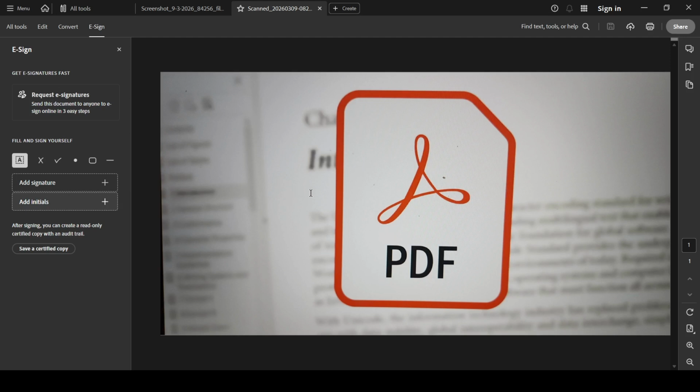When your initials look right, click Save. This stores your initials in Acrobat's Fill and Sign tool so you can reuse them without recreating them every time. Saving here doesn't finalize the PDF yet, it simply saves your initials style. From this point, your initials will be available whenever you open Fill and Sign, which is especially helpful if you